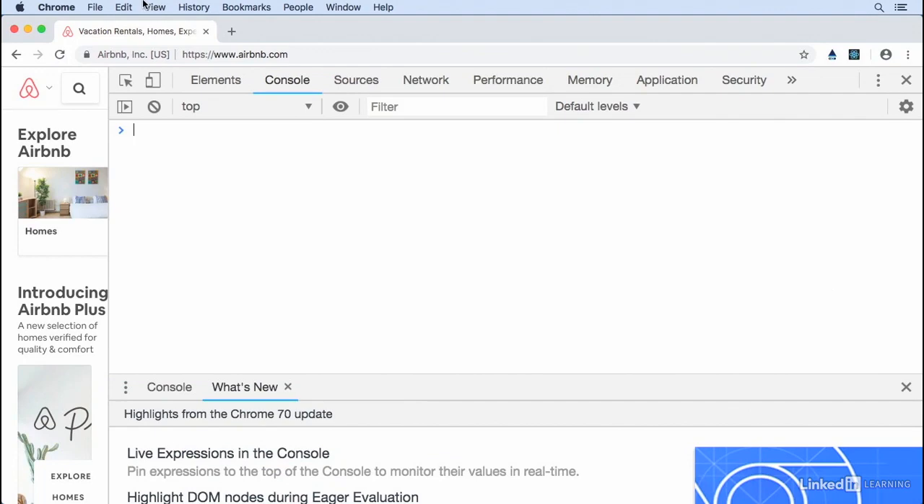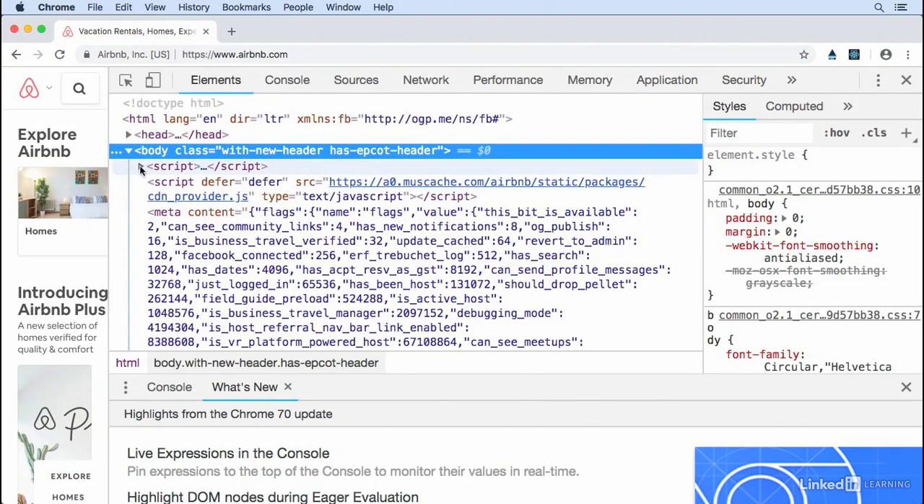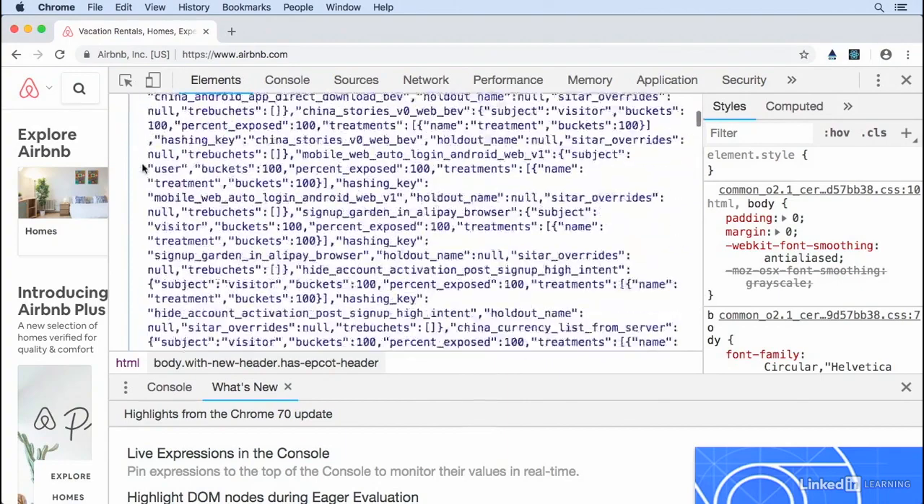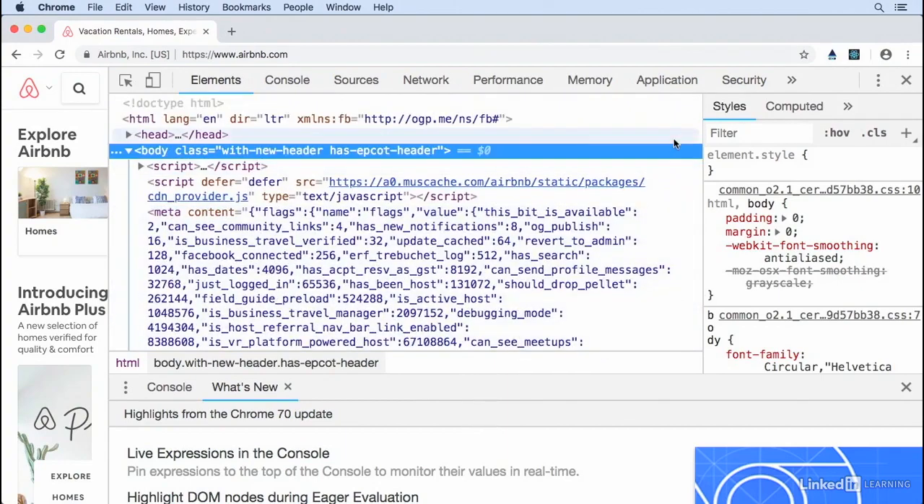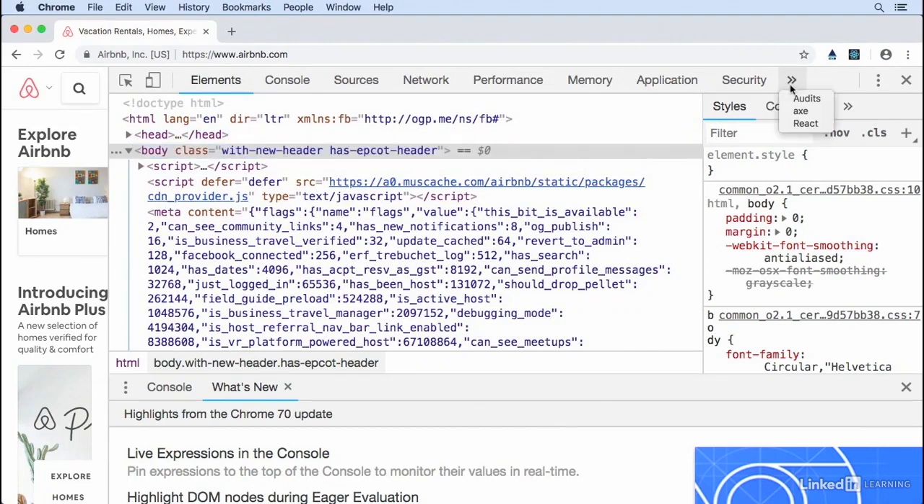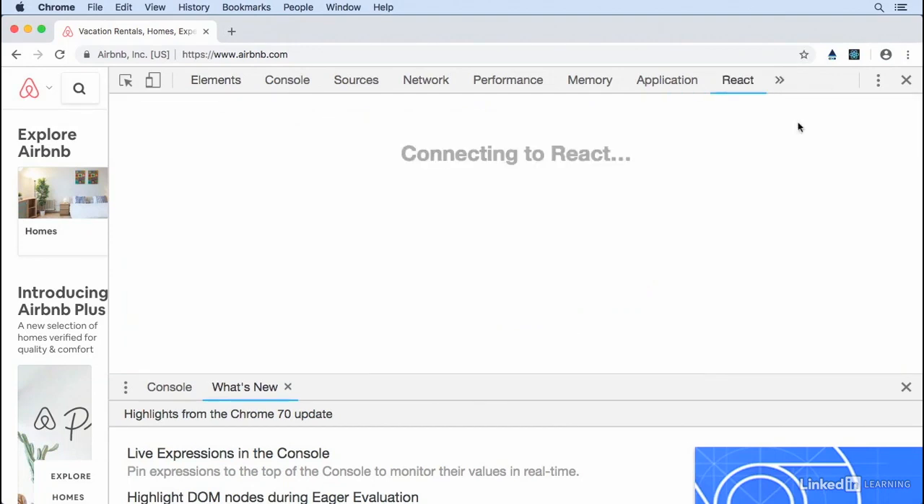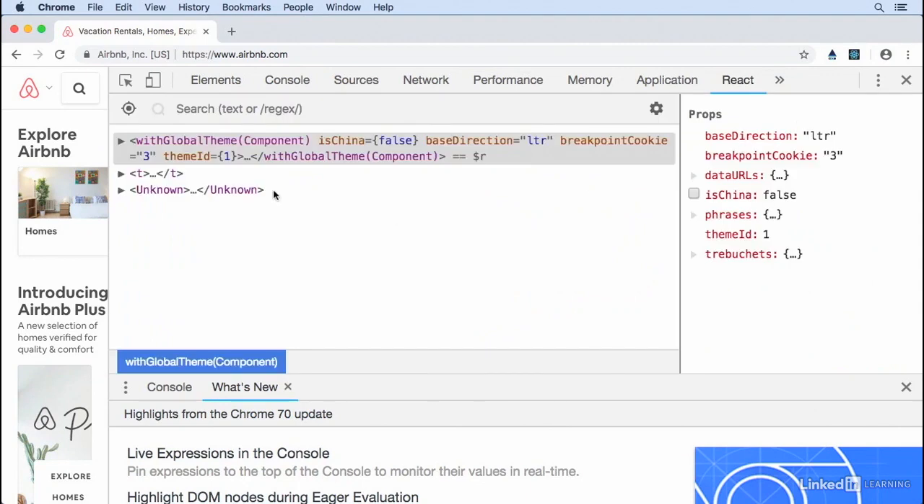So once I do this, I'm going to see the console. Now, if I go next door to our Elements tab, I'll see all of the different HTML elements that make up the page. Then, if I go to the right arrow over here and I select React, I can see all of the different components that make up this